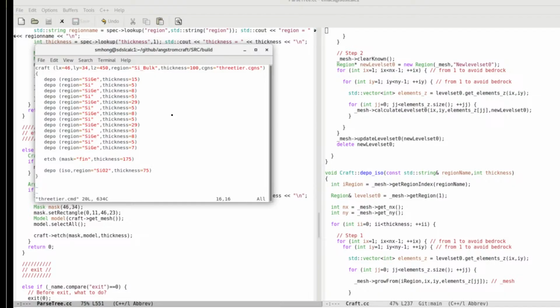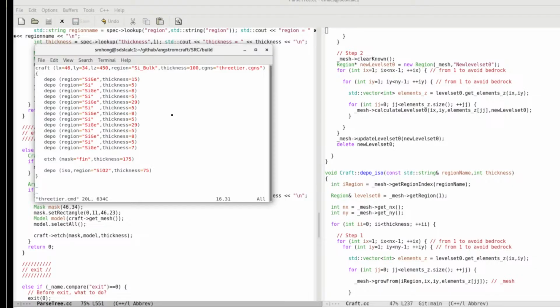But where can you find the fin? Right now, I have no implementation about this mask structure because mask requires its definition and getting certain rectangles in it. So I have not done it. So just hard coded for this example. Anyway, so